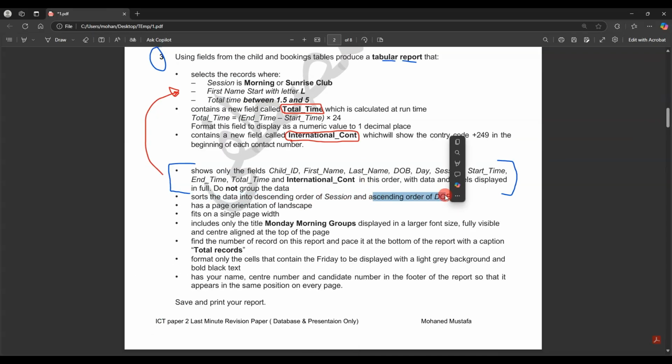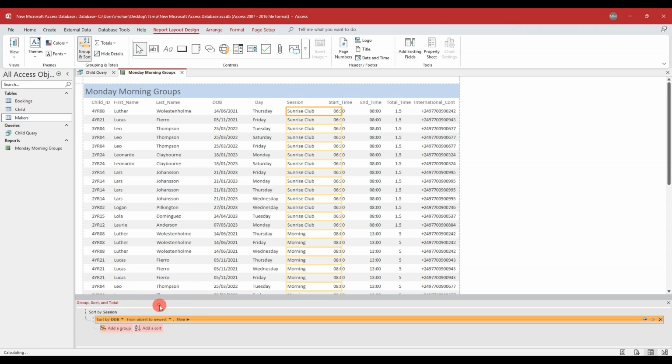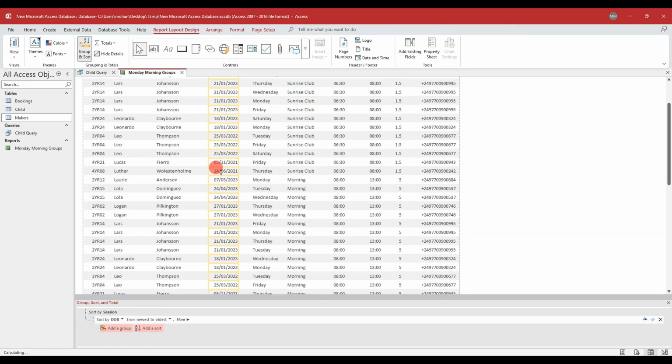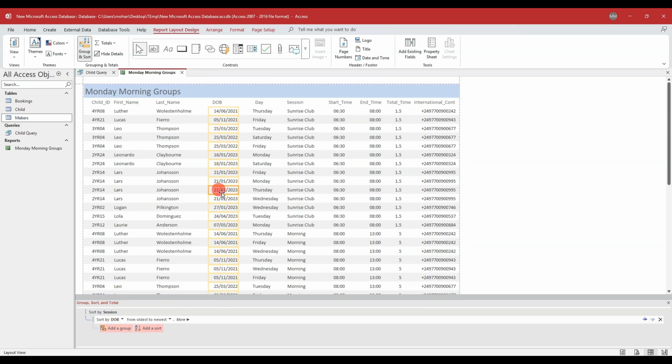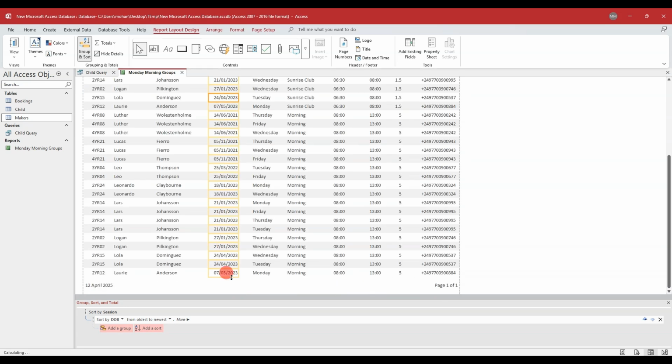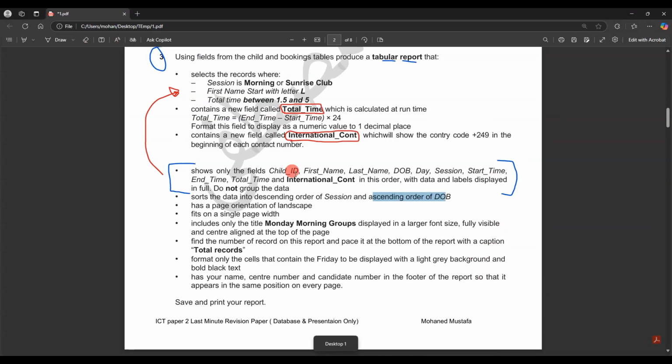And ascending order of DOB, so I'm going to add DOB, and it should be ascending as well, okay? Ascending means from smallest to largest, from newest to oldest. This is now ascending. Now the opposite, yes, this is now ascending from small to big, okay? Double check. And we can hide group and sort here, and filter single page wide landscape include, we have done